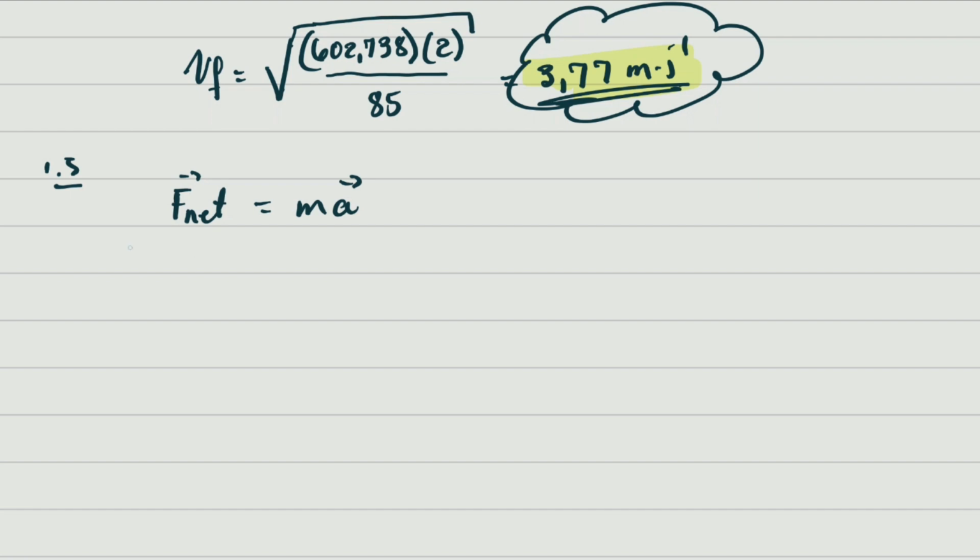And therefore you are coming here and you say applied force in the x-axis minus frictional force is equal to the product of mass and acceleration, and the rest of this one is substitute. However, you don't have this value here, but remember it's the adjacent side, so this one is equal to applied force multiplied by cosine of 20 degrees, because that is the inclination of the force, or the angle of the force. Frictional force, which we did calculate previously, multiplied by mass and acceleration. And when you substitute all this one,